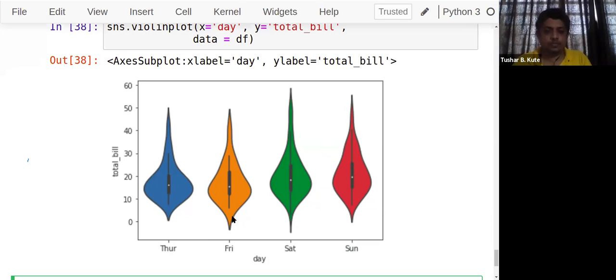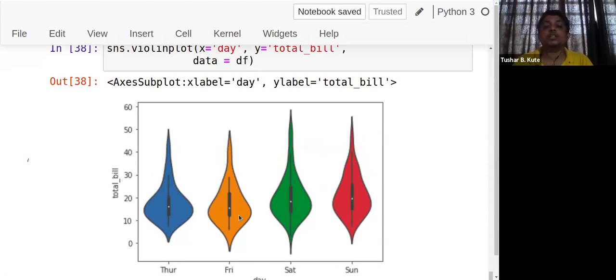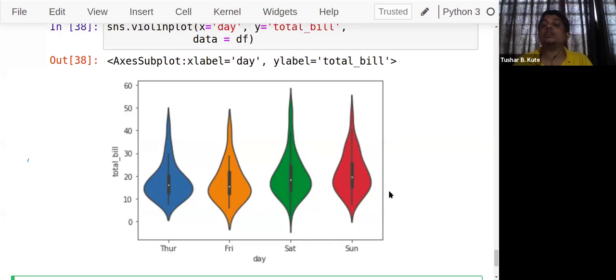Where the width of the violin is higher, that is the range where the highest number of bills are there. The dot is the median value, and as you proceed further, the values are more, but the number of bills is decreasing. The highest count is between 10 to 20, and then 20 to 30 has a minimum count.